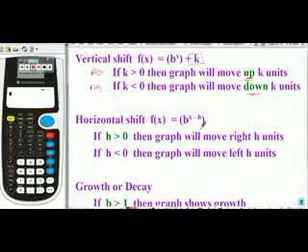The horizontal shift's a little more tricky. Take it, set it equal to 0. x minus h equals 0, and solve. So what I'll find here is if I have a positive h value,